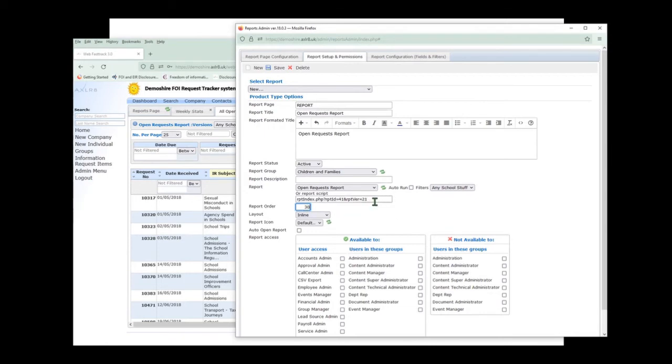So it's going to be bringing me back this report, and as I save it, it's going to be bringing me this report with version 21, which means the one with this filter. And I could say auto run. I could say I want to see that every time I go into reports, but I'm not going to do it in this case. So I've hit save. I'm not going to bother applying any permissions either, but now I can go to reports